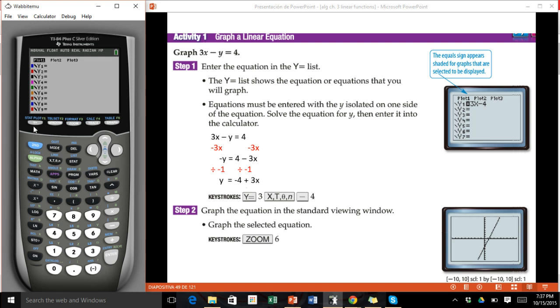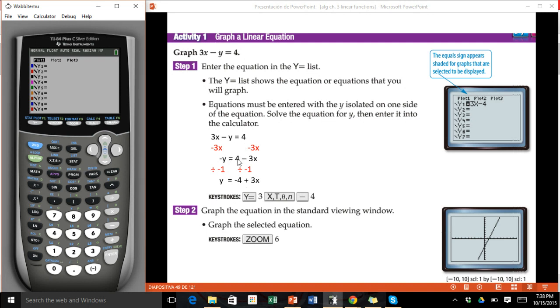And normally you would just click that y equals button and type it into the y equals. However, what do you notice about that equation? Does it say y equals? No. So what we need to do is get that y isolated. And in order to do that, we're going to employ our algebra skills. We're going to do a little bit of PEMDAS backwards. So we're trying to get the y alone. So we're going to subtract 3x from both sides. That disappears. We're left with just a negative y